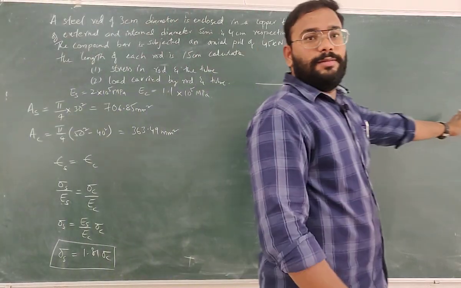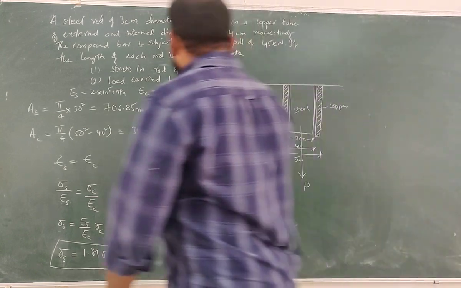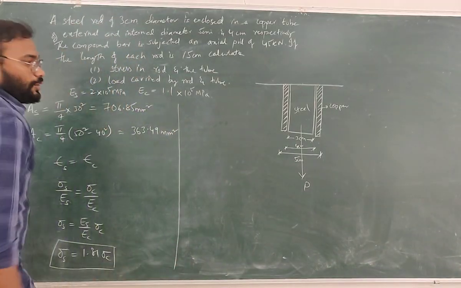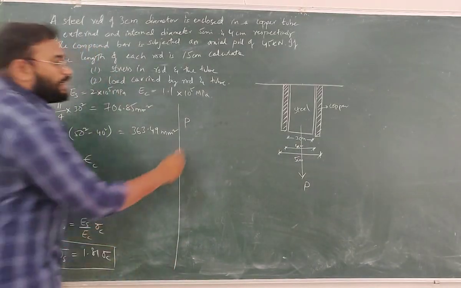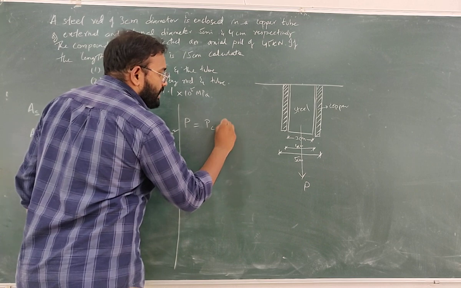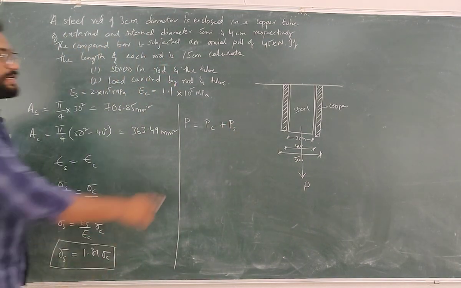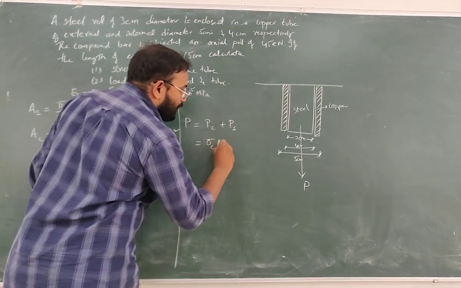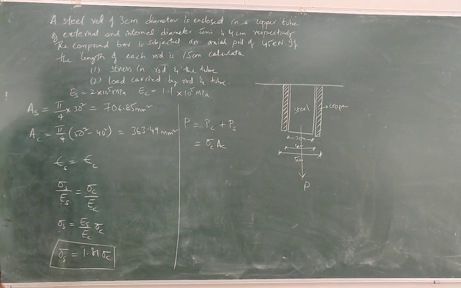This part is visible? Or else I'll write here. Now, total load we have P. P is equal to total load shared by copper tube plus steel rod. What is load in terms of stress? Sigma c into AC. Okay, load is stress by area. Sigma c into